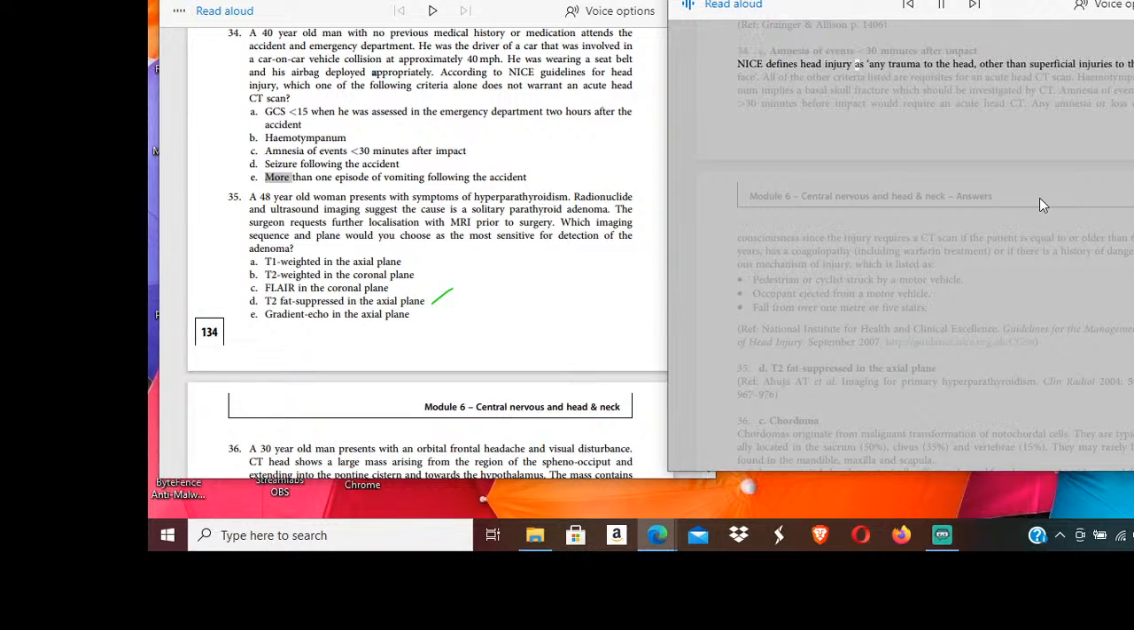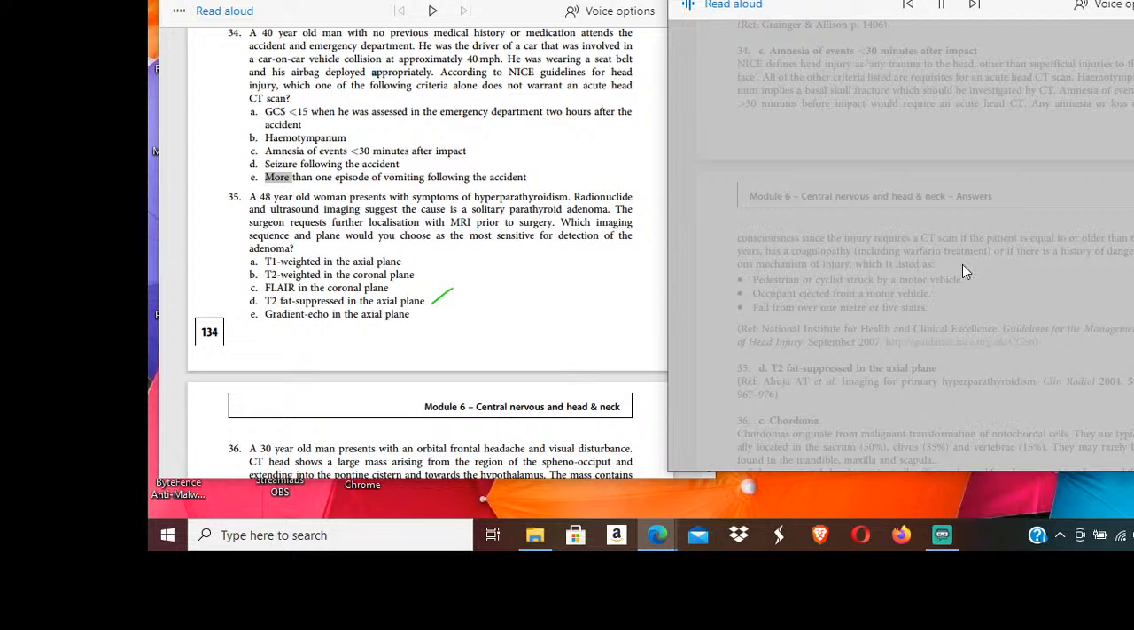NICE defines head injury as any trauma to the head, other than superficial injuries to the face. All of the other criteria listed are requisites for an acute head CT scan. Hemotympanum implies a basal skull fracture, which should be investigated by CT. Amnesia of events greater than 30 minutes before impact would require an acute head CT. Any amnesia or loss of